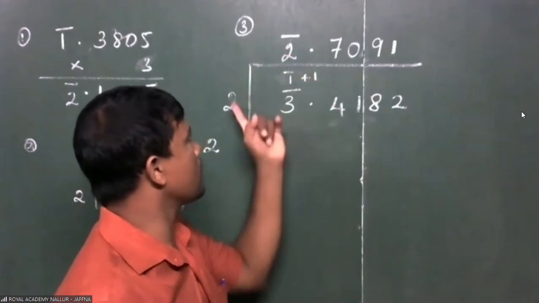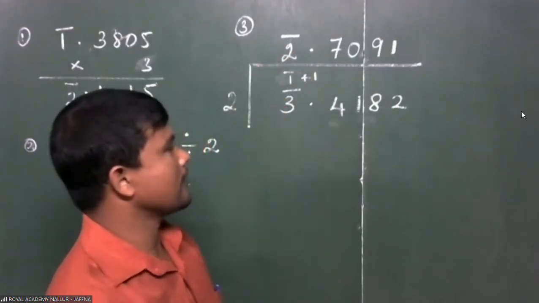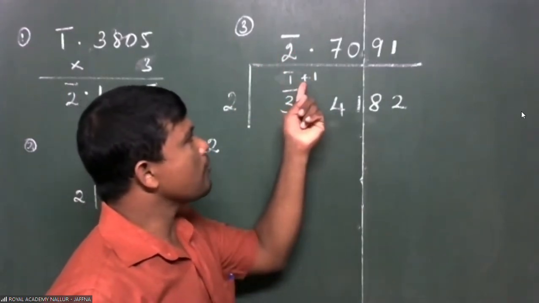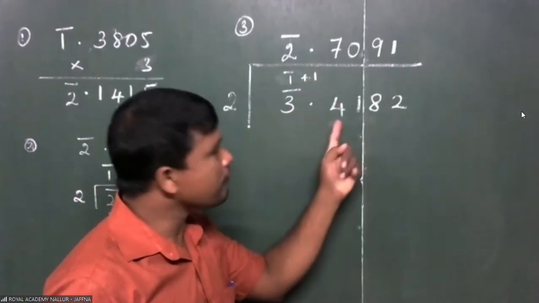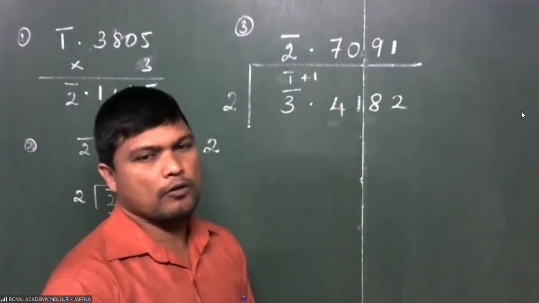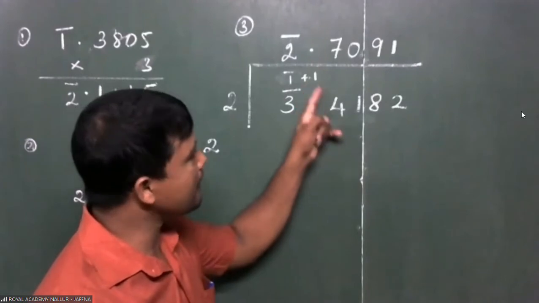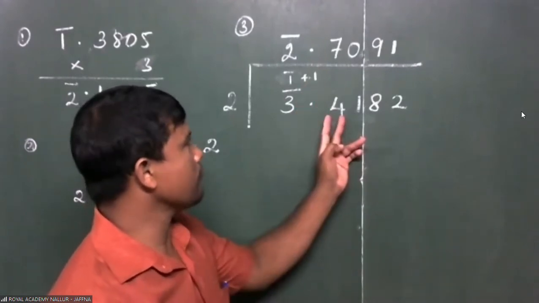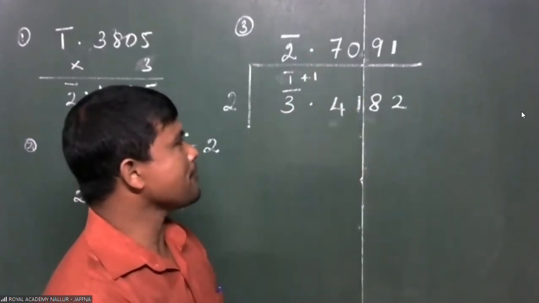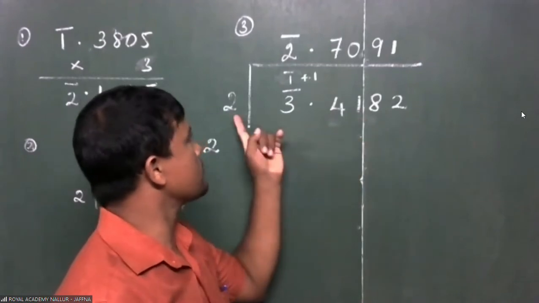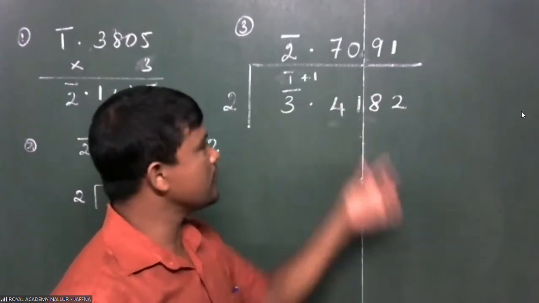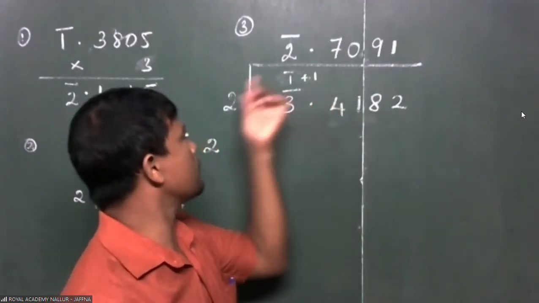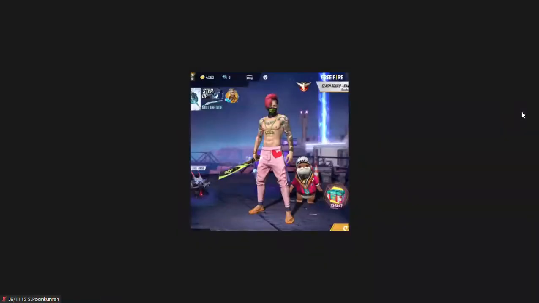So by giving bar 1, here it's bar 4. So the answer is bar 2. 2 times bar 2 is bar 4. That's clear. Then we borrow plus 1 from that for the mantissa part of the logarithm. So then that becomes 14. Out of 14, 2 is 7 times. Next, out of 1, 2 is not there, therefore 0. Then with this, it will be 18. Out of 18, 2 is 9 times. Then out of 2, 2 is 1 time.